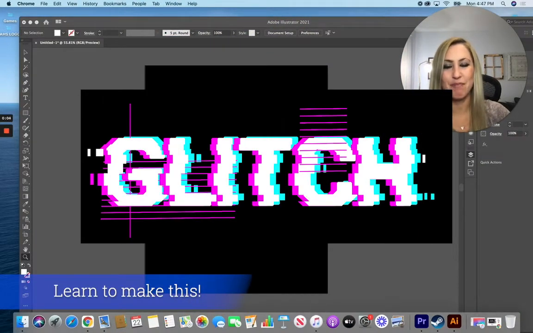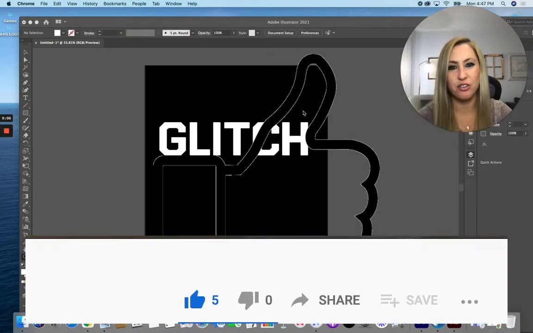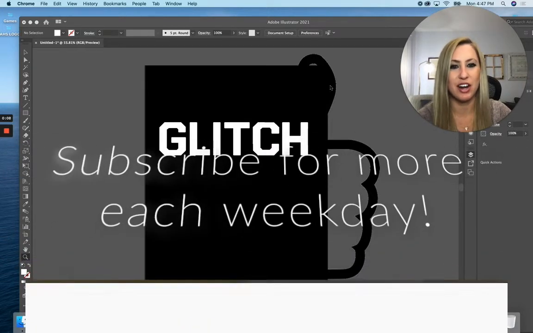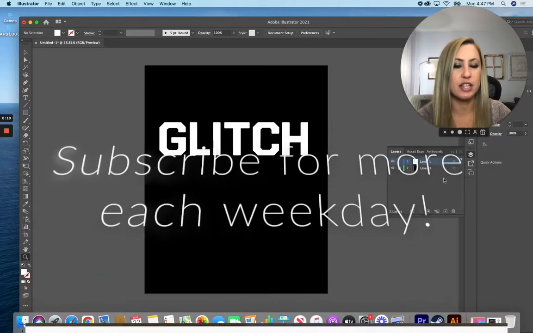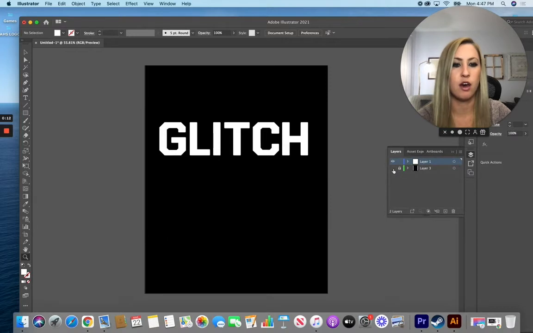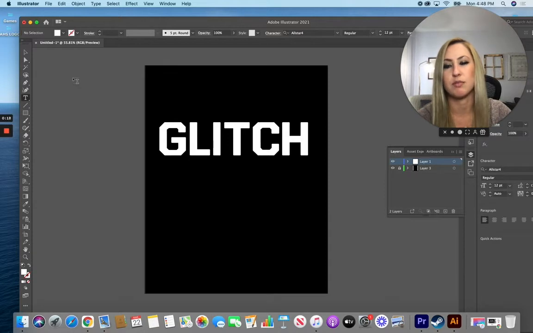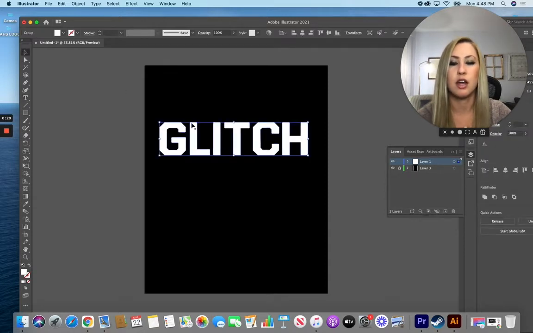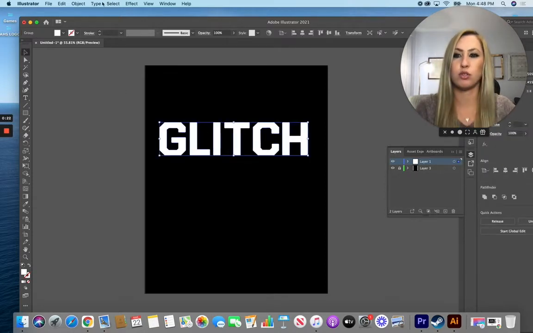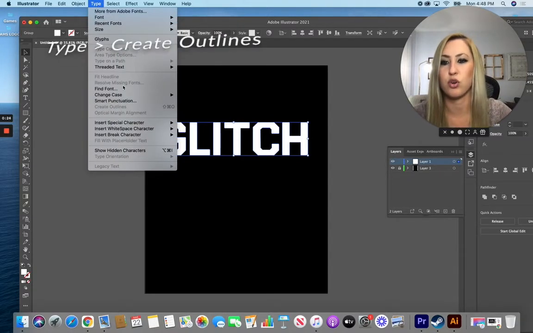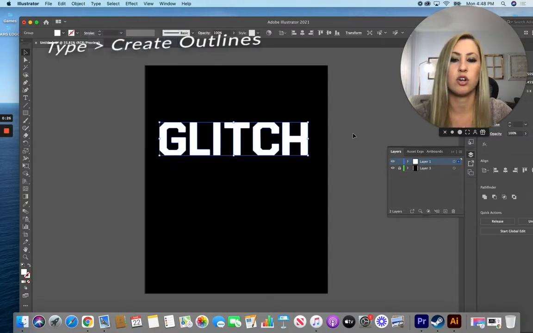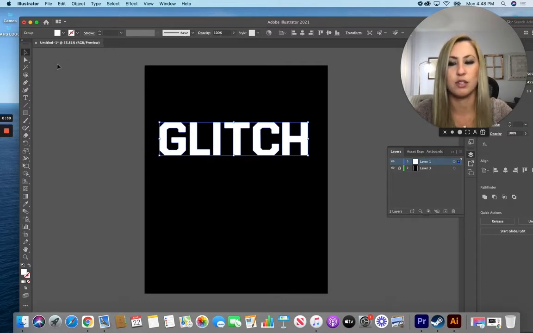For today's tip, I'm going to show you how to create a glitch effect using Adobe Illustrator. In Adobe Illustrator, I've already set up on my layers palette a layer that just has a solid fill in the background, as well as my text layer, where I grabbed the type tool and typed out a word of choice. Now once I have that word, I'm going to go up to Type and down to Create Outlines. And it's going to turn this into a shape that I can edit rather than being able to type